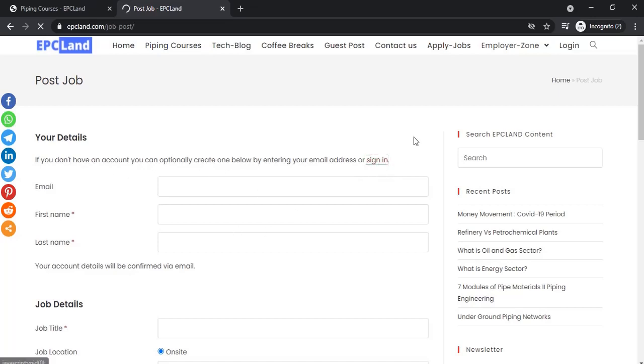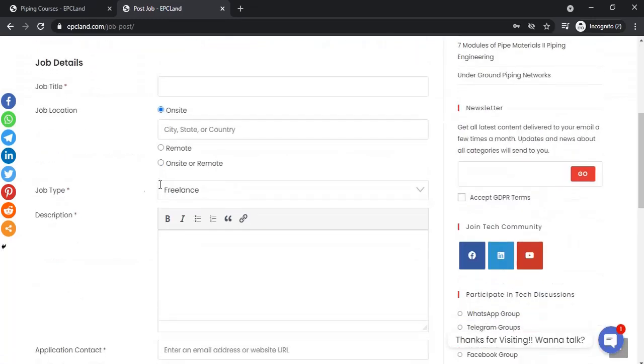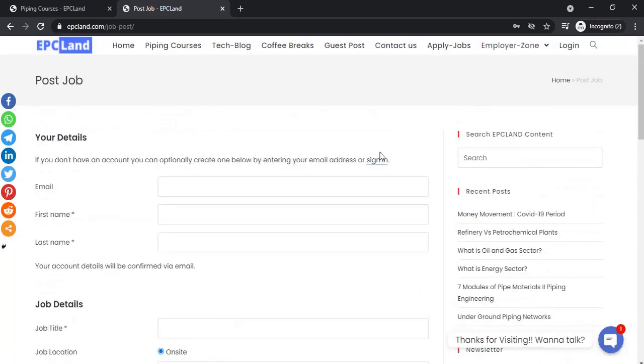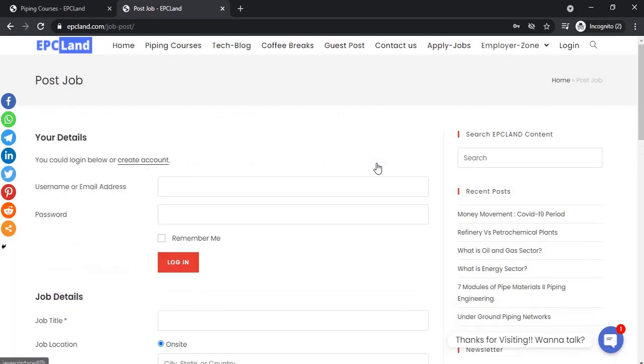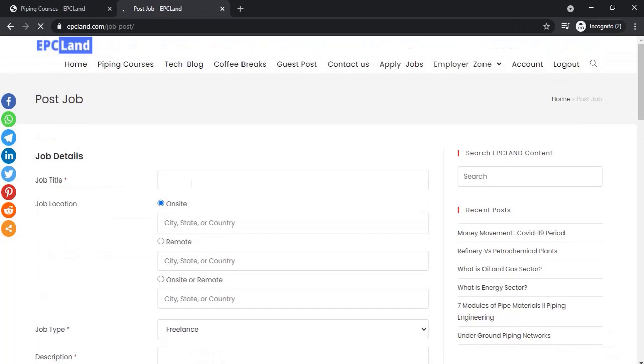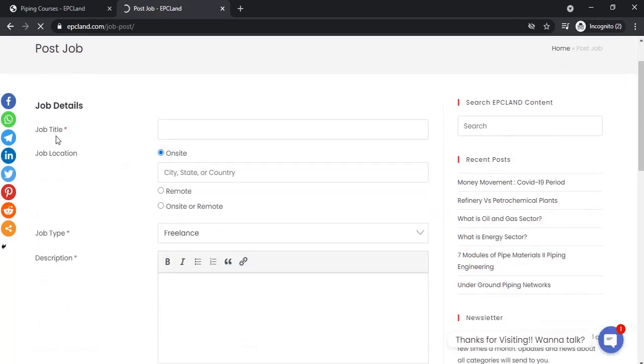So let us first sign in. Just click over this sign in button and you can come to this username and create account page. Here if you have already created your page, you can sign in here. Okay, as I have already created, then I put in my username and password here, and once I am logged in, then we can start creating job details.